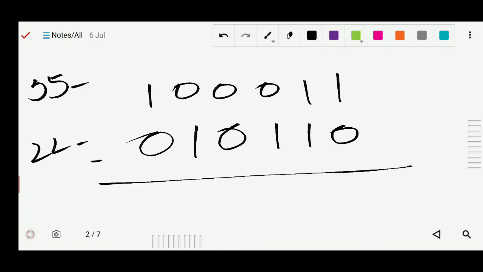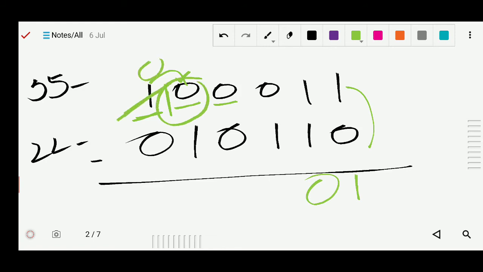Again see here, 1 minus 0, you know it will be 1, right? 1 minus 1, 0. Now here is the problem, 0 minus 1 we cannot do, so we have to take the borrow. Here is also 0, also 0. Now here is the 1, so this 1 will come here. When it comes here, it is like 10, and this 1 itself became 0. Now here is 10, here is 10, and I told you that this 10 is nothing but 2.